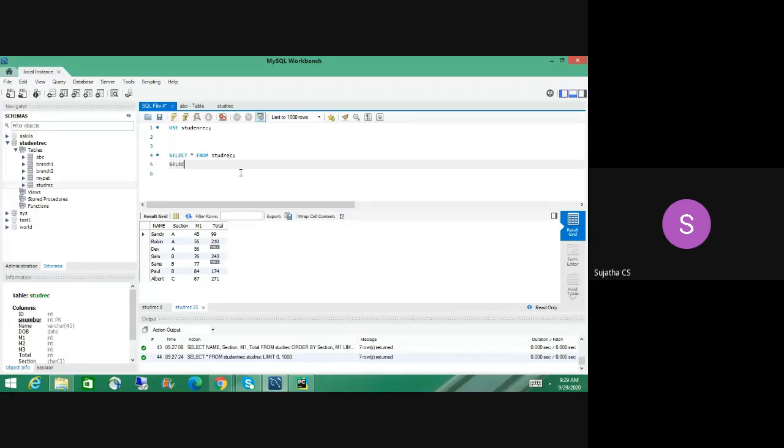Select star from student record. Already it is there. Okay, then what I'm doing here.